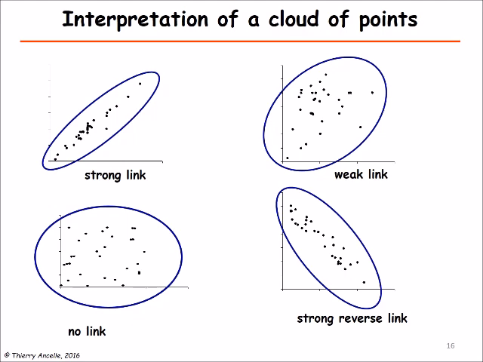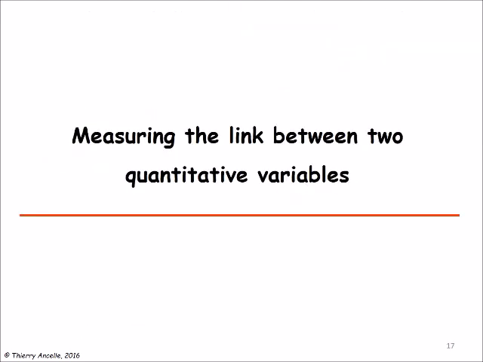This suggests a strong but negative correlation. In the previous examples, we have visually interpreted whether or not there is a link between two quantitative variables. It was easy but a little rudimentary. Now we will try to measure in a mathematical way the strength of the link, the strength of the correlation